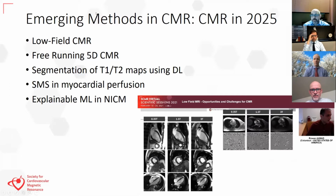across a couple of different topics. I'm just going to highlight the general ideas that came out. CMR in 2025: an interest in low field imaging. Rizwan Ahmed from Ohio State showed some nice work that they're doing, and obviously very nice work also coming from the NIH on this. Free running 5D CMR, improved techniques for segmentation using deep learning, simultaneous multi-slice approaches to really speed up acquisition, and then thinking about explainable machine learning and how we can actually know what our algorithms are being sensitive